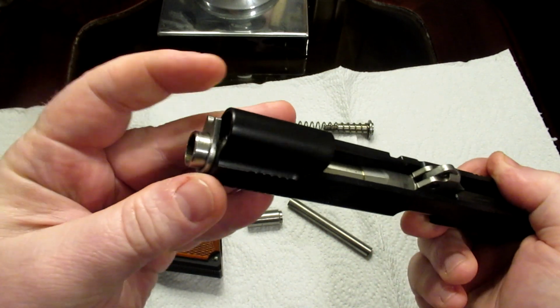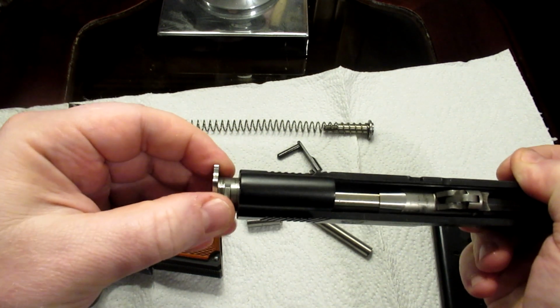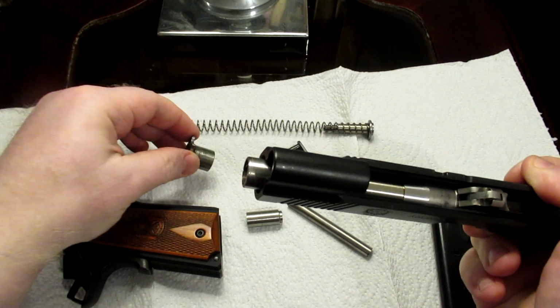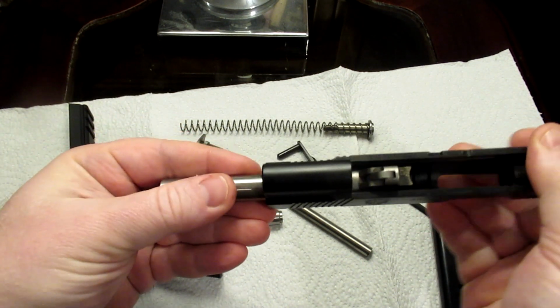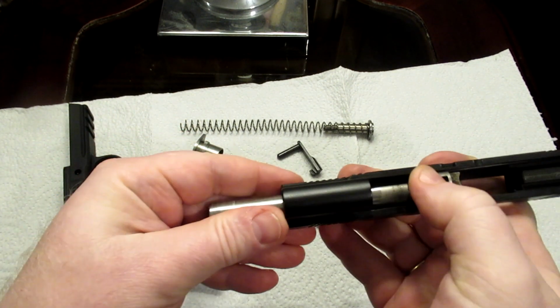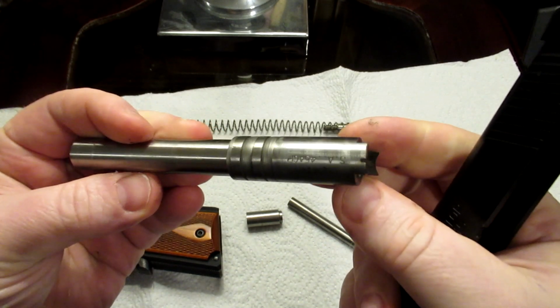My barrel bushing, I'm simply going to rotate it all the way over counterclockwise, and I'm going to slip it right out of the gun, lay it down, and now I can pull my barrel just straight out of the front of the slide, just like that. Okay,